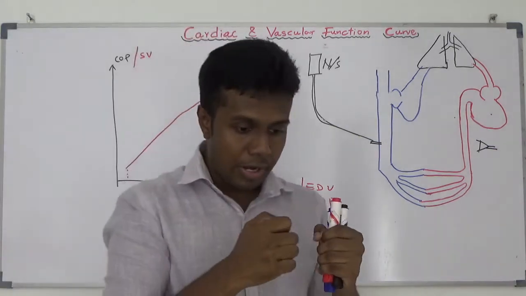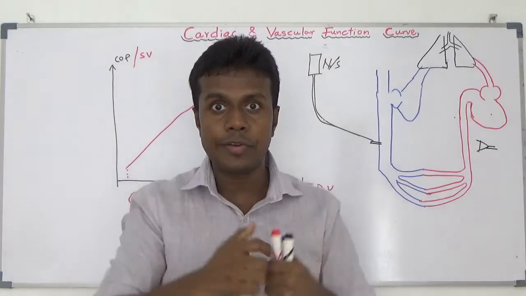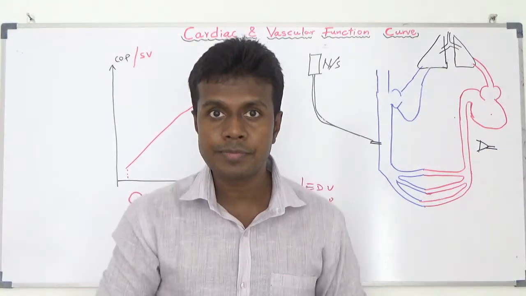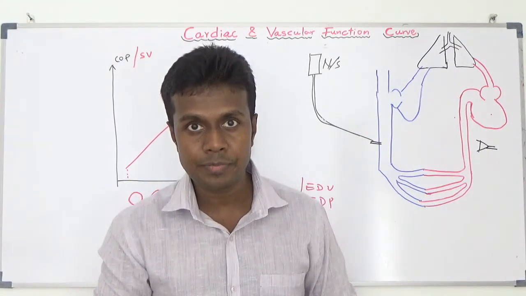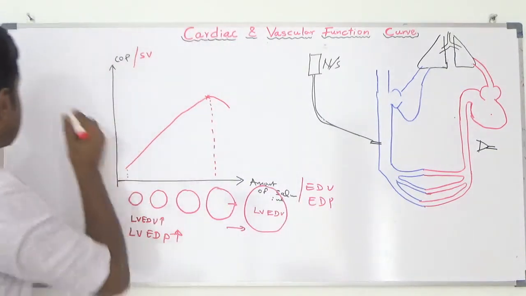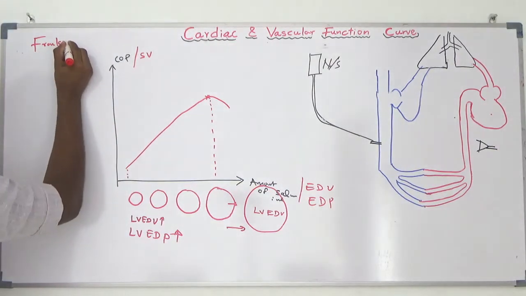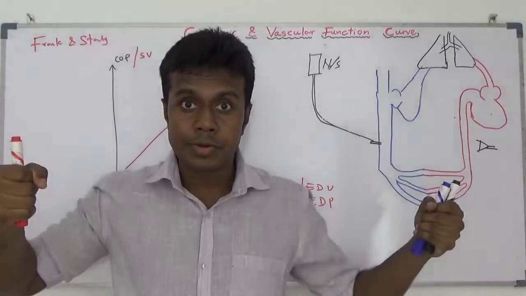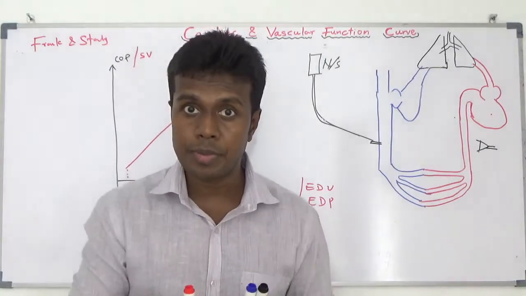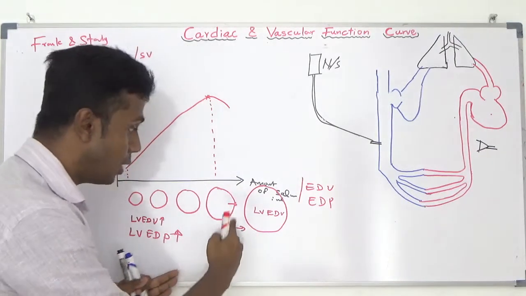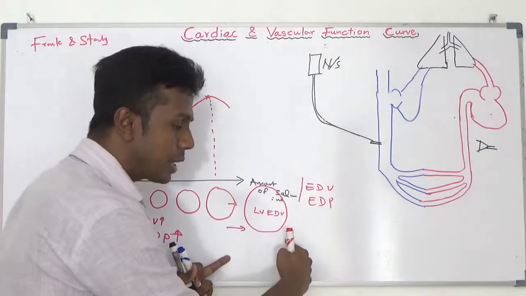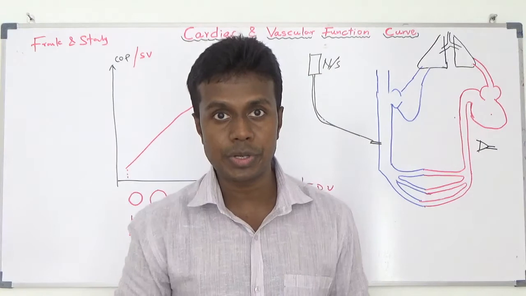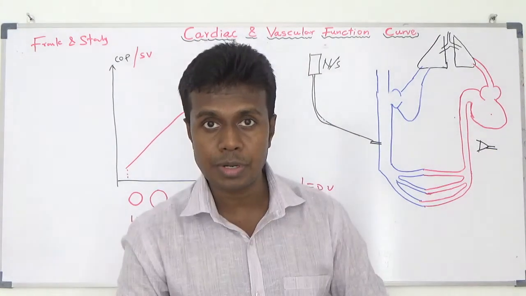What they say is when we stretch the myocardium, it will contract more. When we stretch the myocardium more and more, it will contract more and more. That law is called the Frank-Starling law. Ernest Frank and Starling say that when we increase the diameter of the ventricle, it will contract more. But unfortunately, only up to this degree. If you increase from here to here, it will never come back to normal. The consistency of the elastic fibers is going to change. Because of that, it never comes back to normal.